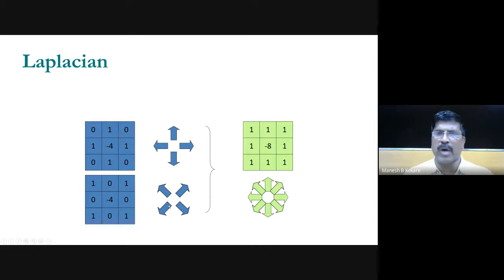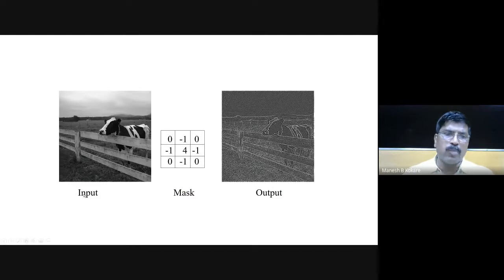So you can create your own mask, and the output of that one is, suppose for example, this is the input image, and if you are using the mask like this, you get the edge detected image like this. So you can see that edges are detected, and the thickness of the edge is also less as compared to the Sobel or first order one. But what is the problem? The problem is that a lot of noise is there, so basically it is misleading to the edge and so on. So we have to remove that. We want a 1 pixel thick edge, but at the same time we don't want the noise and so on.